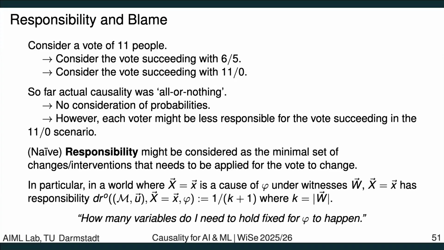Yeah, actually, I think the blame would be on Susie only because she alone hit. She's the single variable, or Susie throwing is the single variable in the set. But for the responsibility for this bottle shattering, it's both. For Susie we would assign a responsibility of a half because we need to fix that Billy didn't hit in order to get to the outcome that we observed.